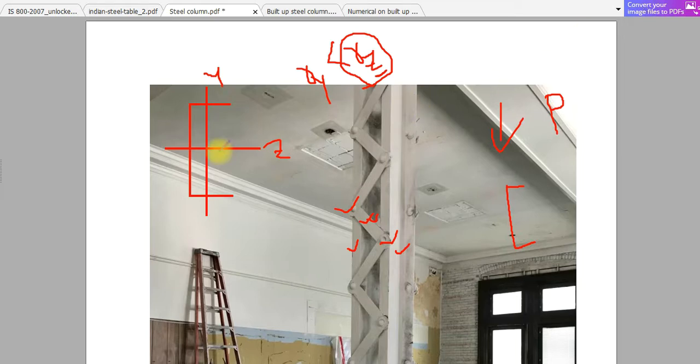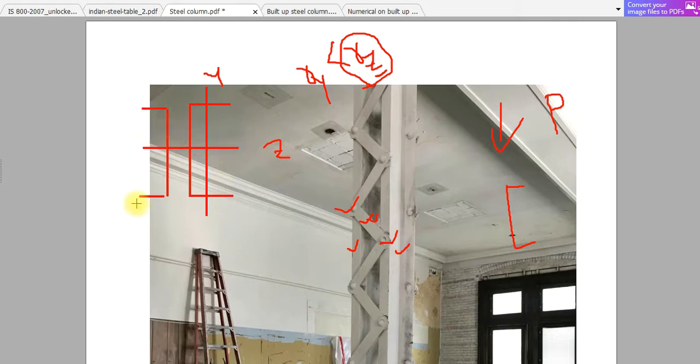So we have to increase the strength about this y-axis. If we place these channel sections in these directions, like this, let us say this is the same section placed back to back. In that case the z-axis is remaining the same, but here, because this z-axis